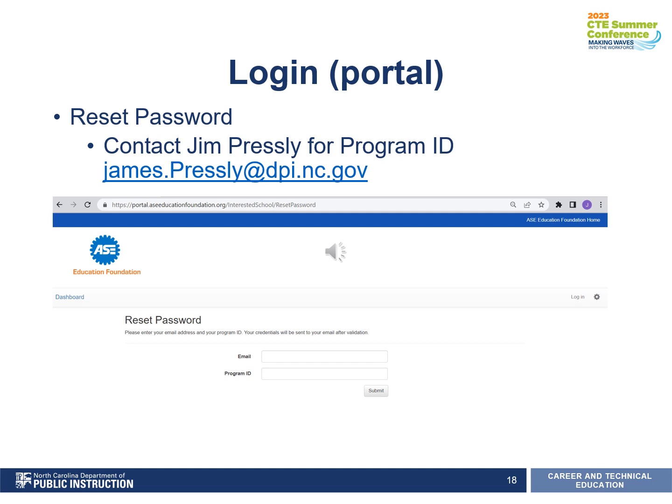If you've been into the portal before, this is a great resource. So what happens is when we put in our email and program ID, the system goes in and looks for that email address. So you already need to be associated with that school. If it doesn't see the email address, it won't let you reset your password.